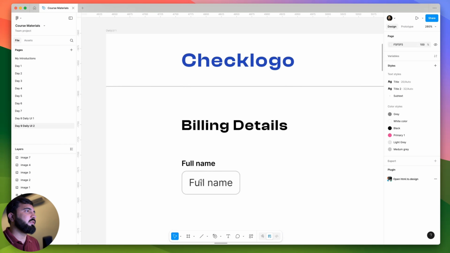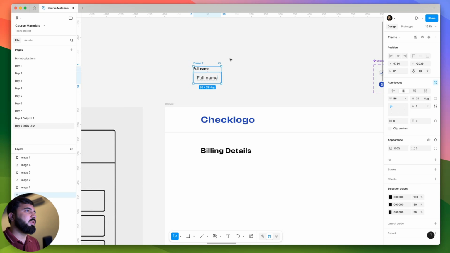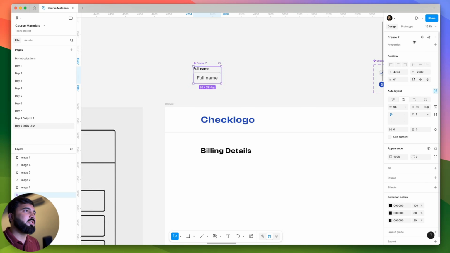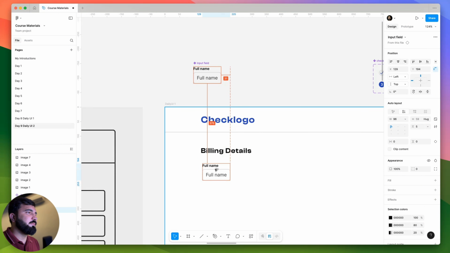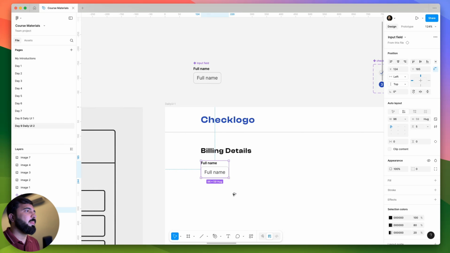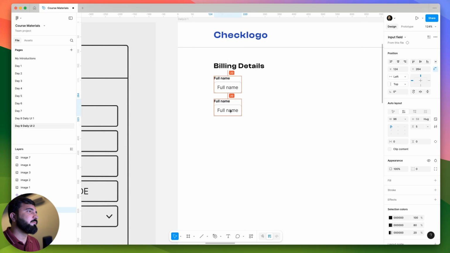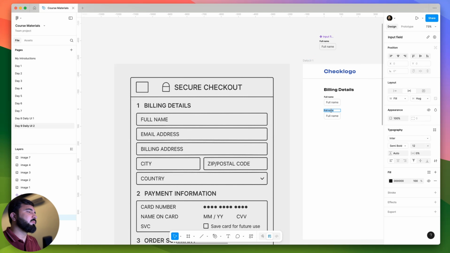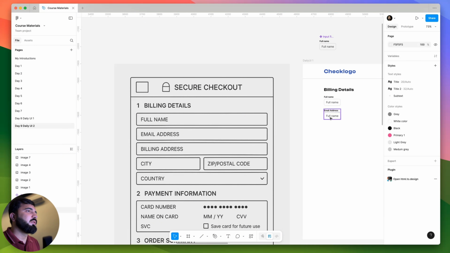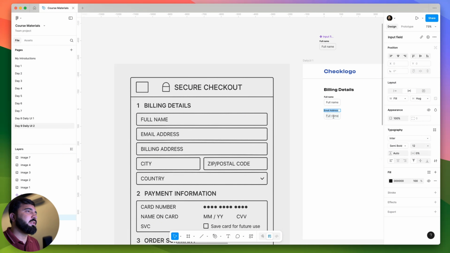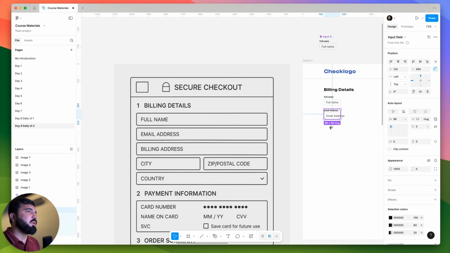Okay, so we created our first input field, and let me do one thing. I will make it a component, and I will name it input field. All right, I will use it over here. So we have the first, the full name, then we have email address. All right, copy as a text, and I will paste it over here. Then we have